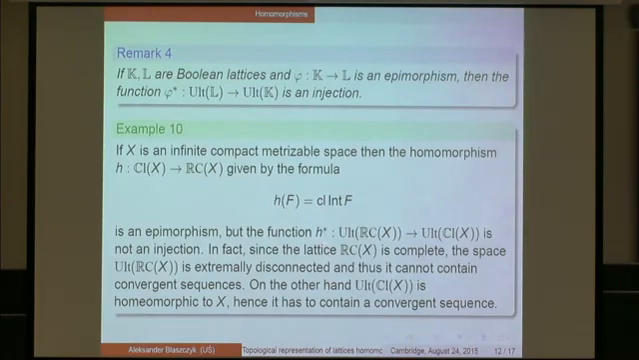Assume we have an infinite compact metrizable space, and we have a natural homomorphism, an epimorphism, from the family of all closed subsets of X onto the family of all regular closed subsets, given by the following formula. It is an epimorphism, not difficult to show, but the so-called Wallman function from the space of ultrafilters of the Boolean algebra of regular closed sets onto the Wallman space of the lattice of all closed subsets of X is not an injection,